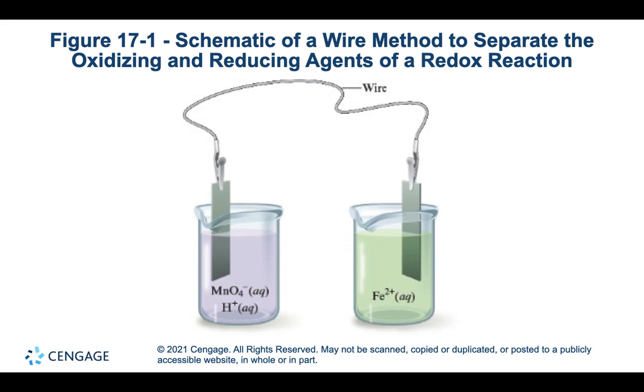So the electrons, maybe they flow from right to left here, but then electrons build up on the purple side, and they're going to repel the electrons that want to keep flowing through the wire. And so you might get a very short amount of current, and then it would have to stop because